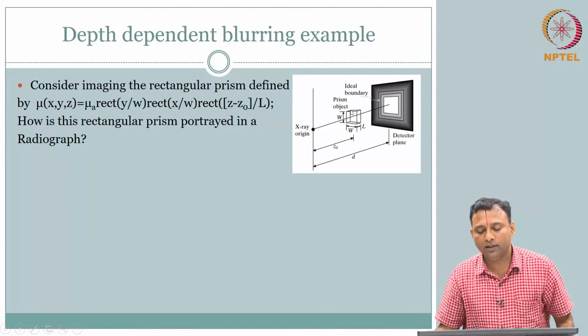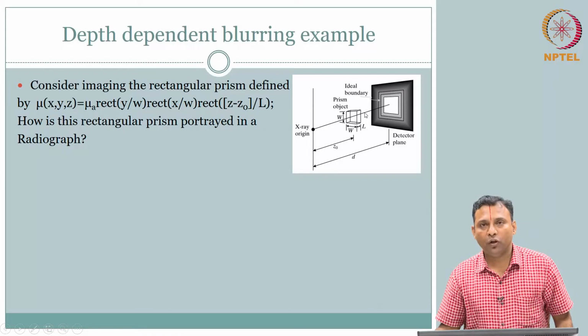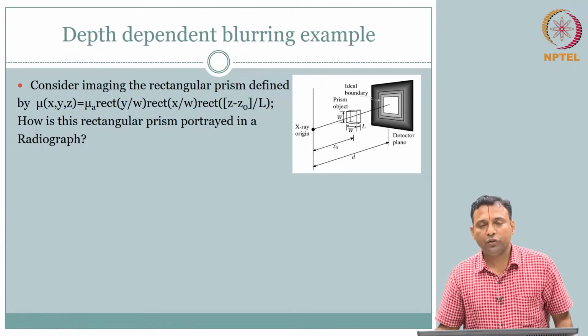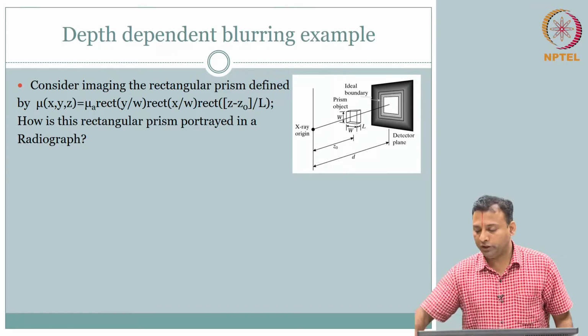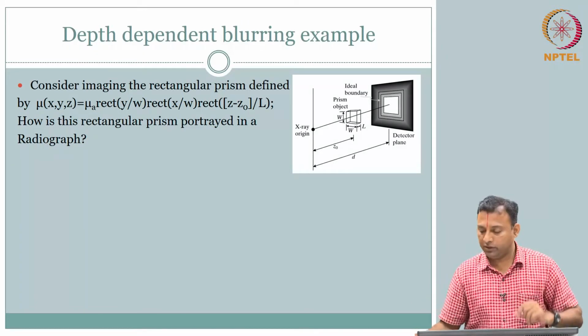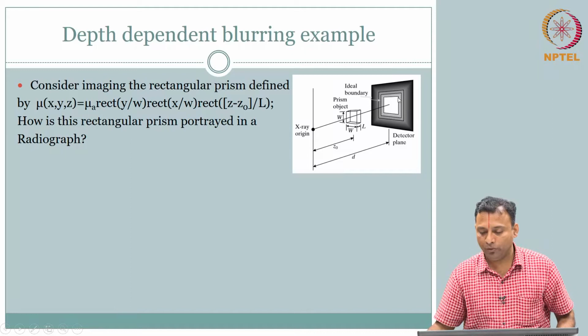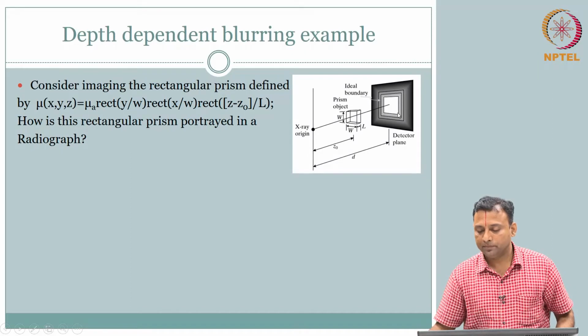So, here is what that slab is going to be. It has a width, height, and thickness. Supposedly the object is going to have the same mu. So, ideally, when you project this rectangle, only that face should have the same value. You should have only this, and that should be your ideal boundary.